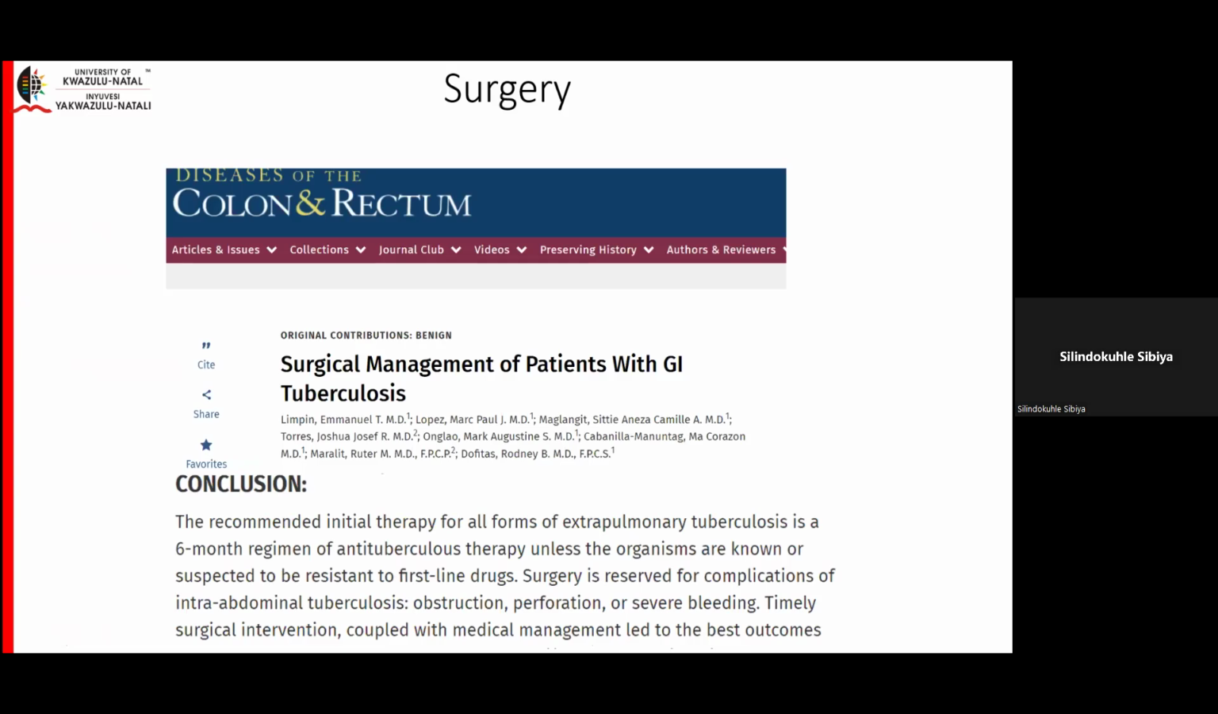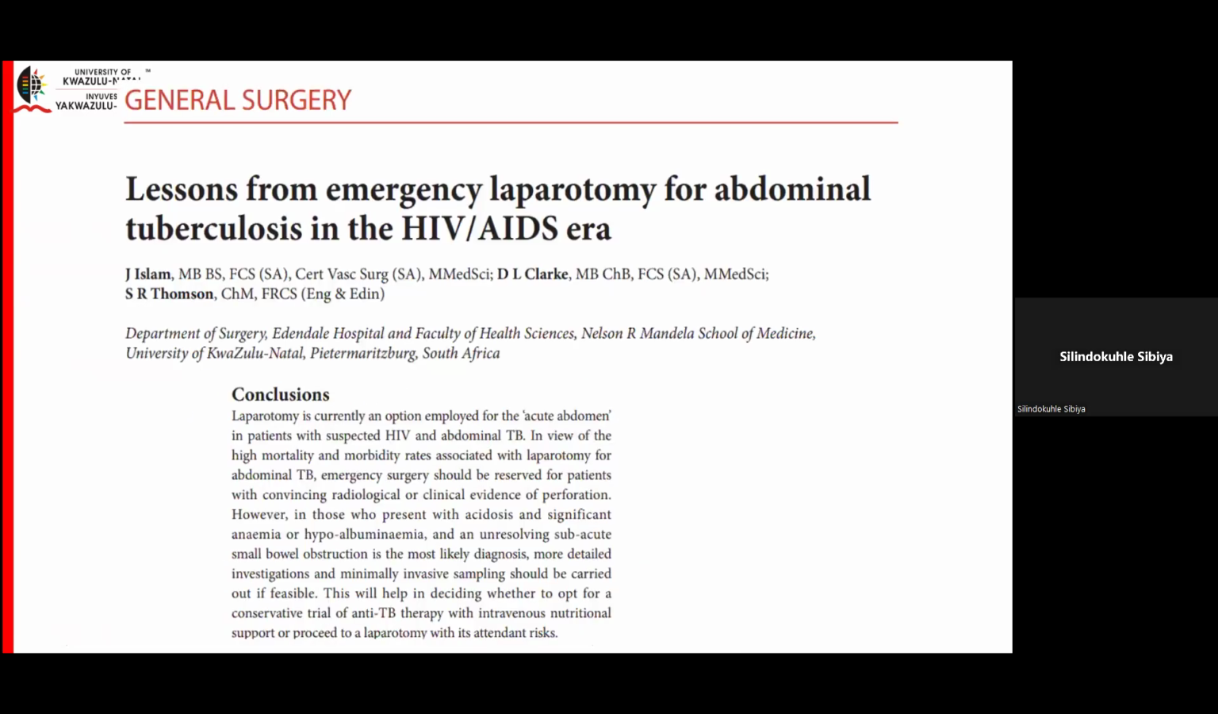In the article from Diseases of the Colon and Rectum, when they looked at surgical management of patients with GIT tuberculosis, they recommended that the initial treatment should be 6 months of TB treatment as first line, and surgery only be reserved for complications. In a local study from Pietermaritzburg, published in the SAGS, which looked at lessons from emergency laparotomy for abdominal tuberculosis in the HIV era,